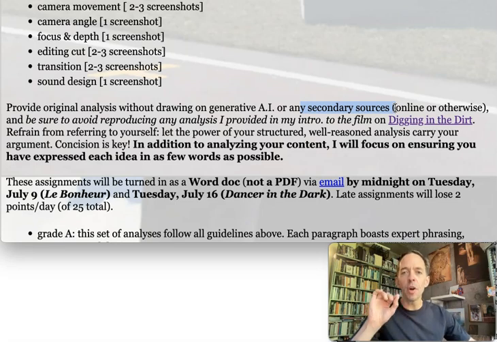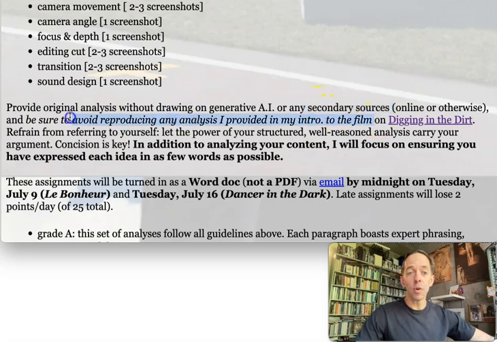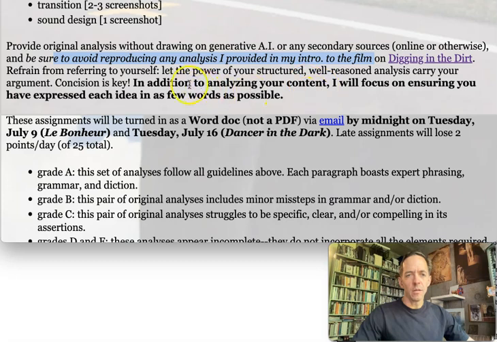This is supposed to be your own analysis in the screenshot analyses. And remember, don't reproduce any analysis I provide in either my intro to the film or the lecture. Concision, as always, is key. Be concise, precise, and short.